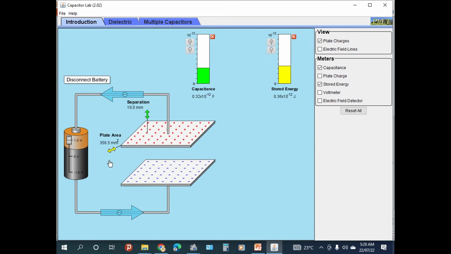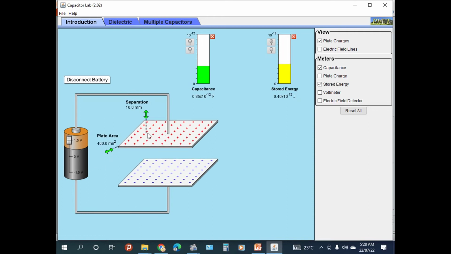Increasing the plate area, the capacitance of the capacitor increases here. So this one is the capacitance at 400 millimeter square plate area and separation distance 10, which is 0.35 times 10 to the power of minus 12